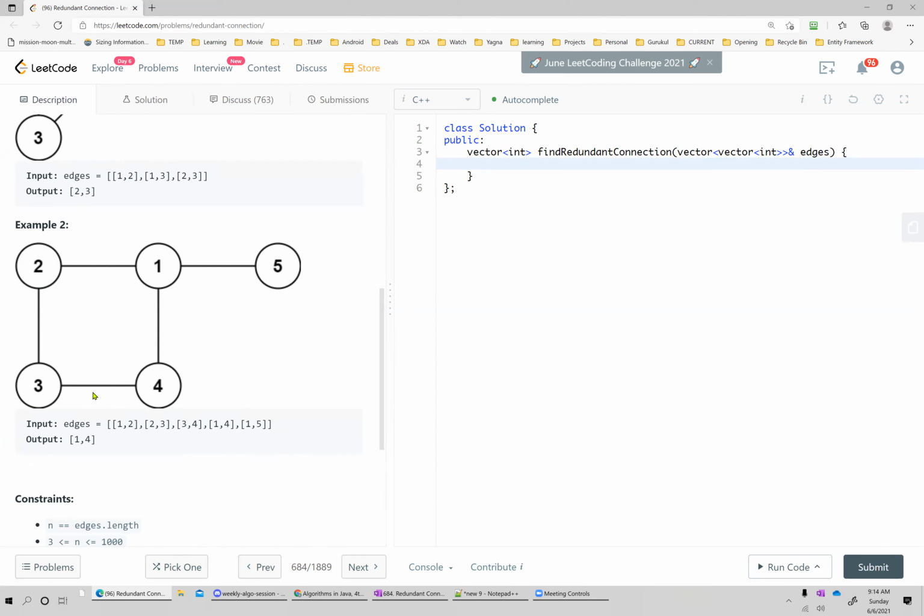In this case, it can be any of 1, 4, 3, and 2. From there, you start from this node and come back to yourself. Then I know all the edges making this cycle. And then basically we have to go through the input edges and see which of these edges happened last.